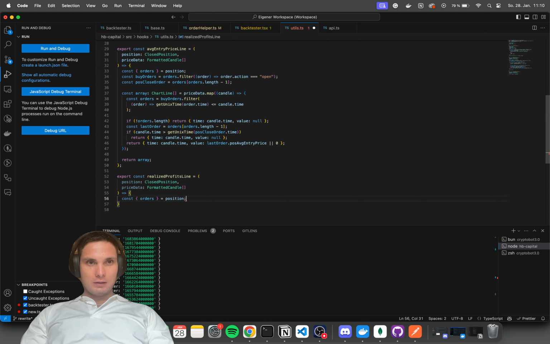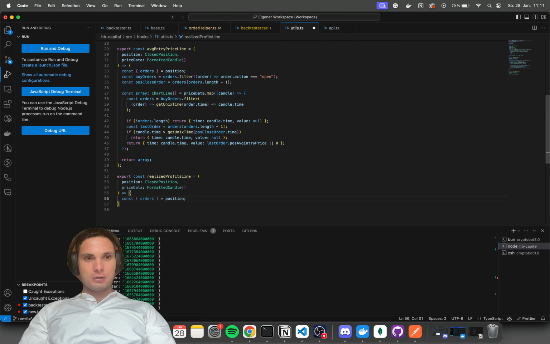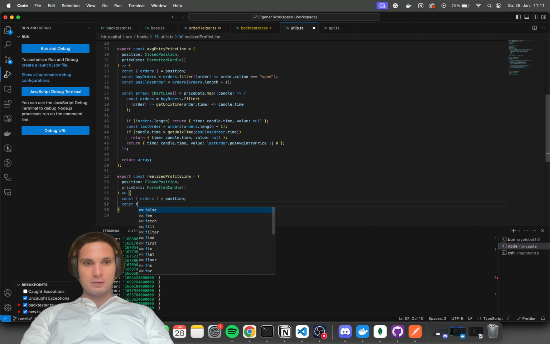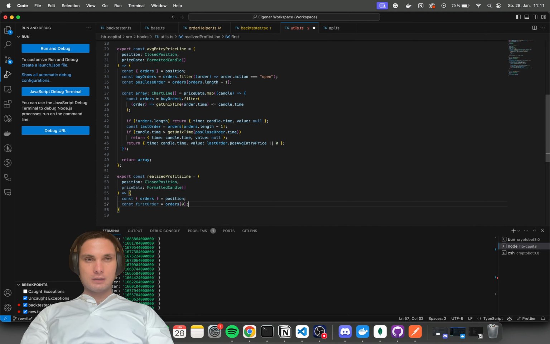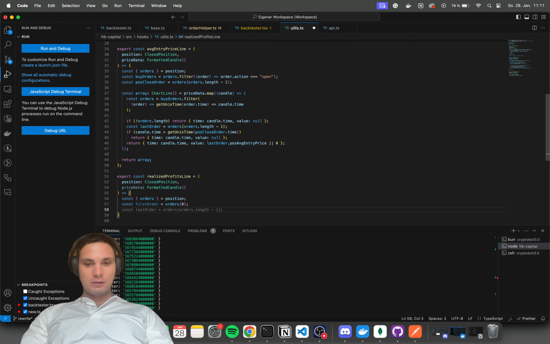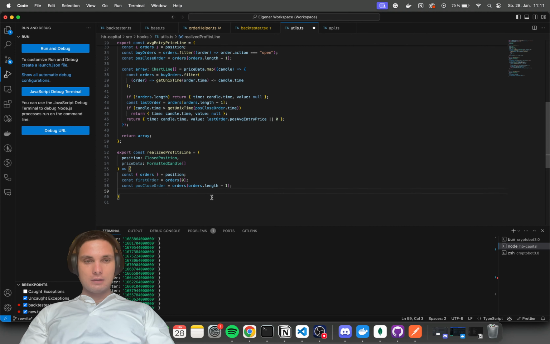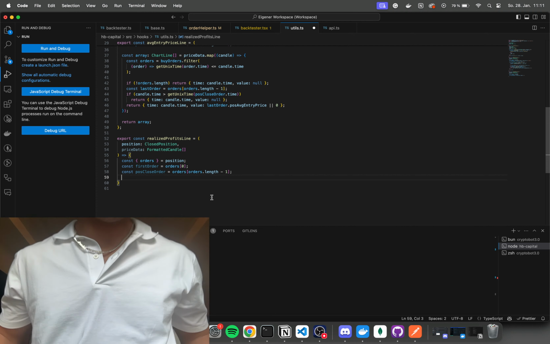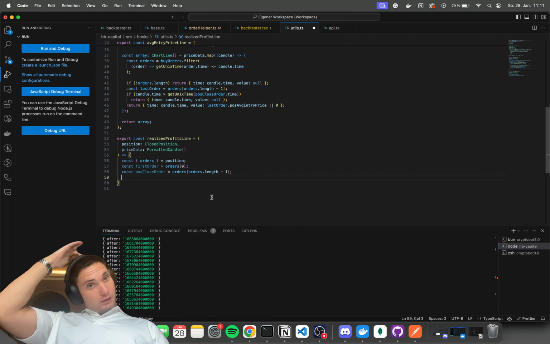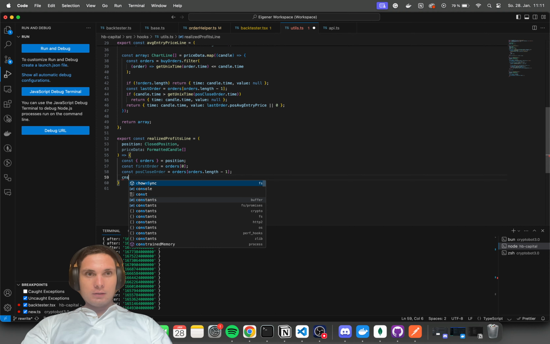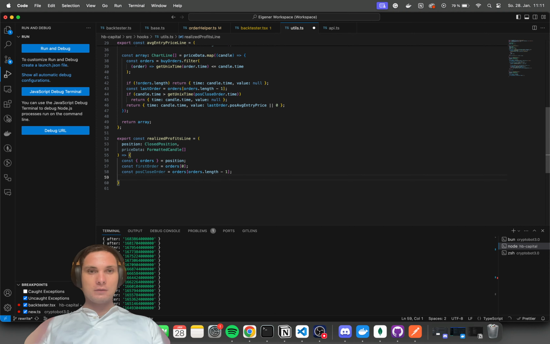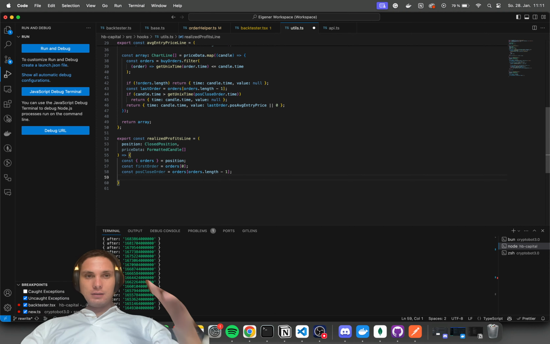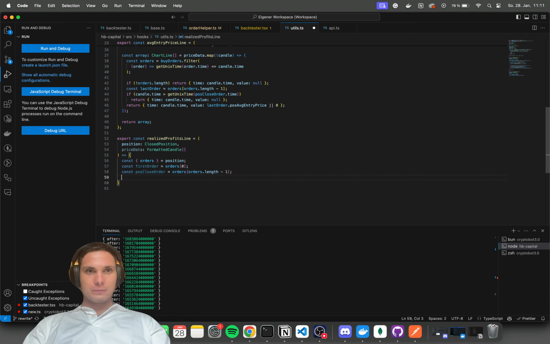Const orders and then realized profits. We only need const first order, and of course the const pos close order, and then buy orders const. Oh no, we can do that in filtered. If